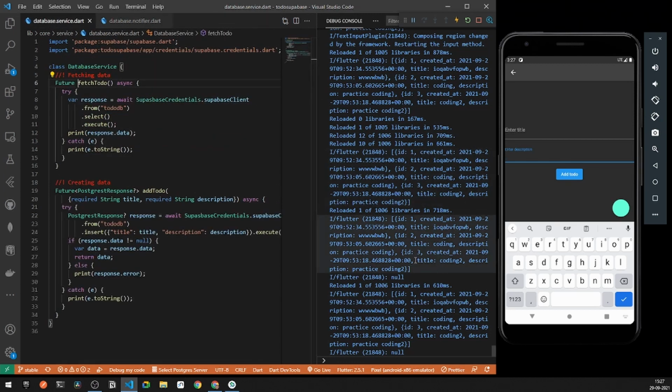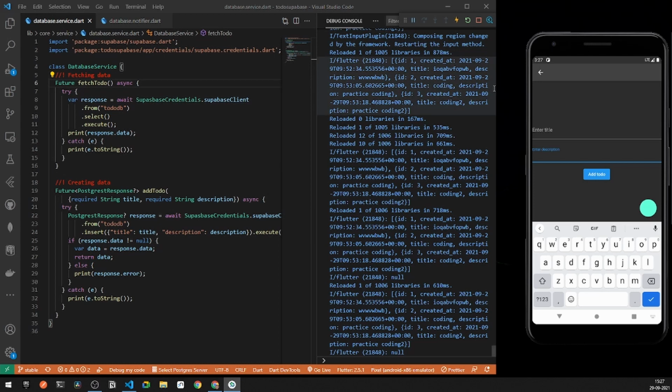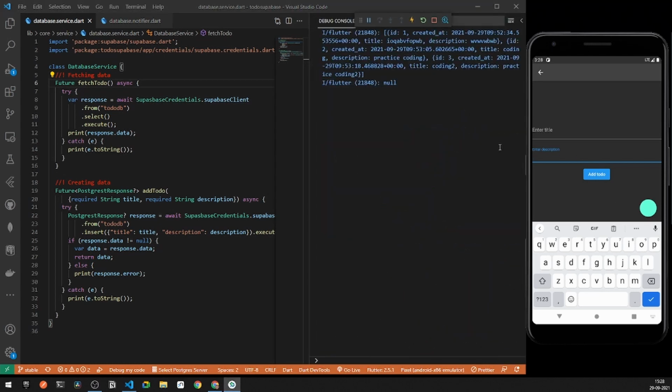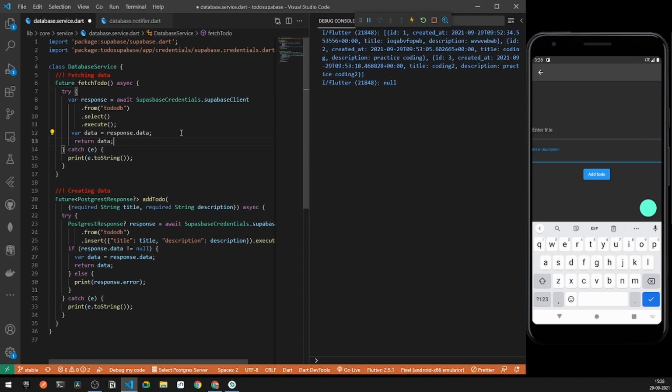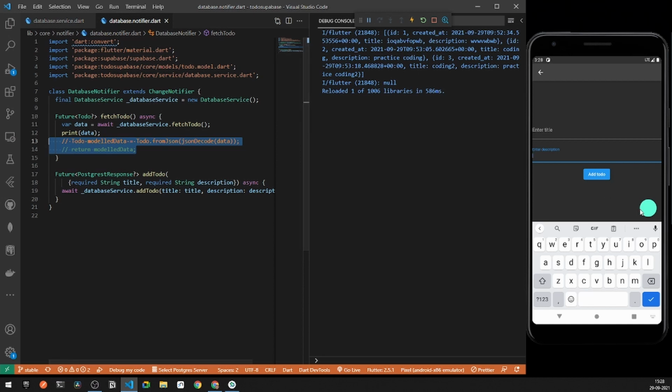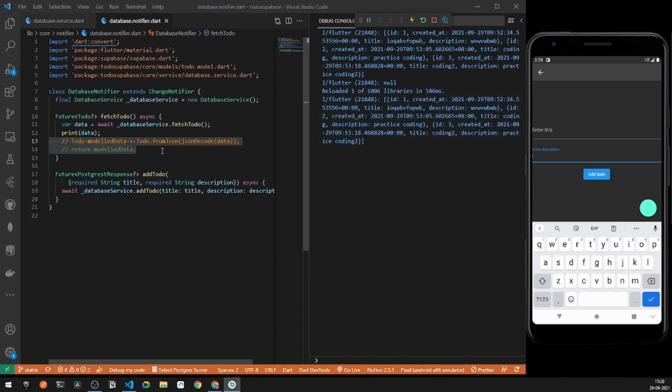Let's remove everything and let's clear everything off as well, right? So if I type over here, you can see I'm getting a list and also some null value, right? So let's try to see what is happening. All right, so we need to return my data from this side, not from the following add to do method, right? So what I can do now, I can go under my notifier, and if I type it over one more time, you can see I'll be getting my data back, right?